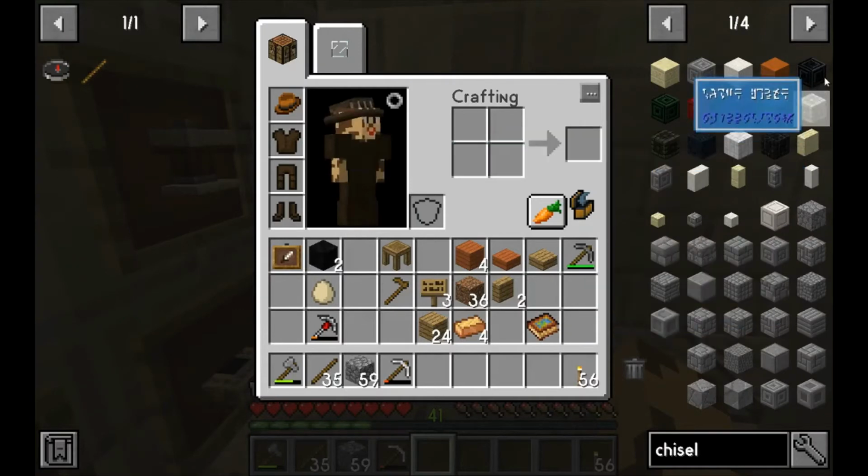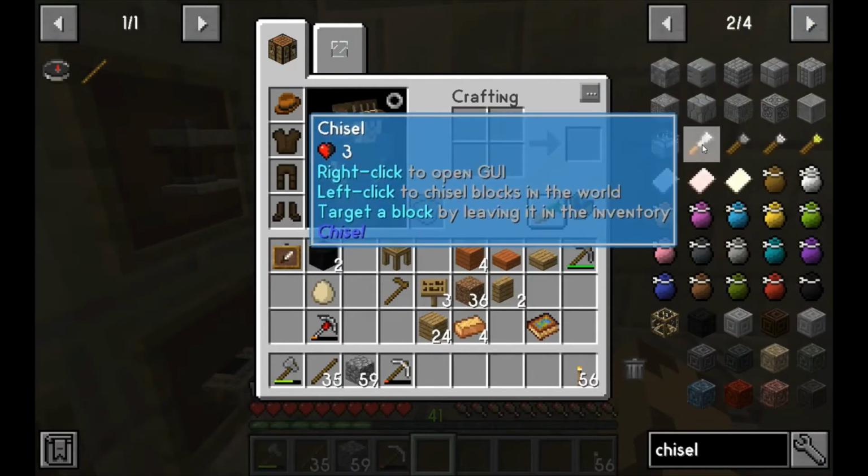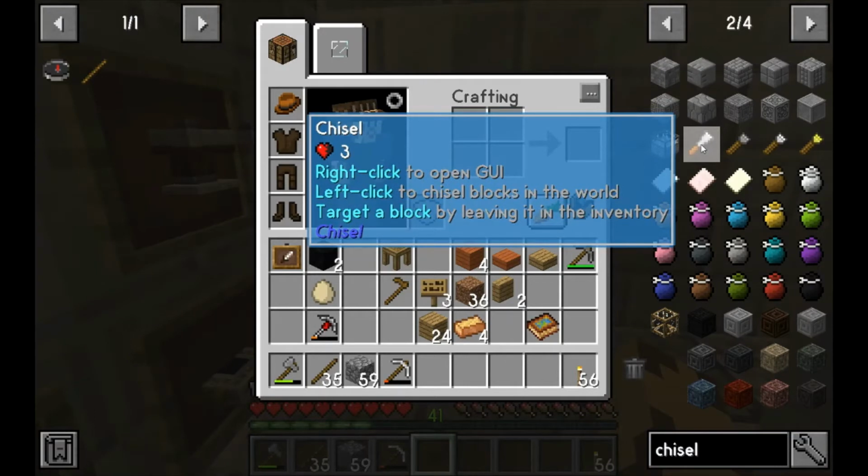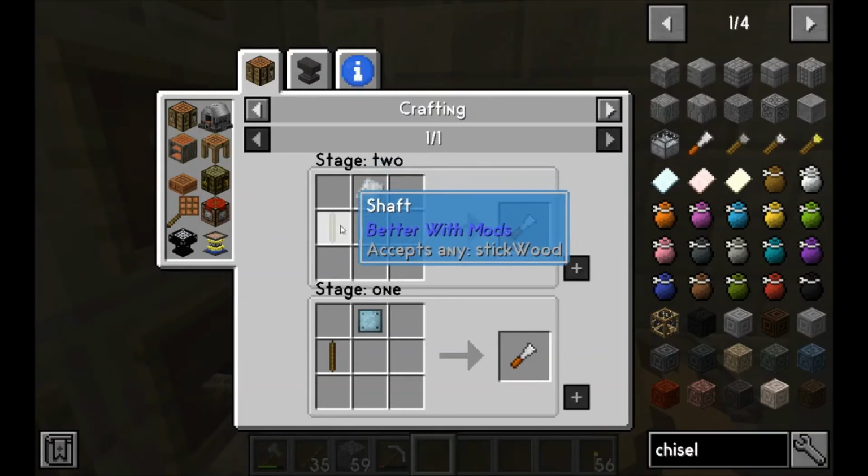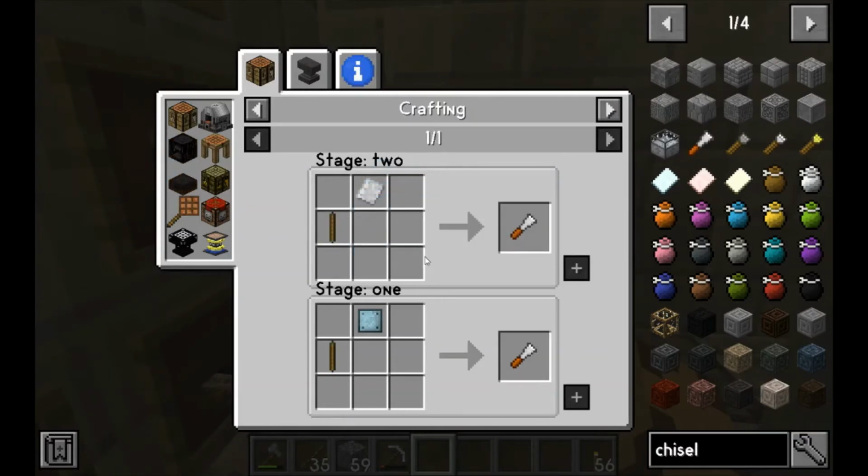I highly recommend it for... This is your chisel. Tin plate, iron plate, stick. Either works for me. To make plate,